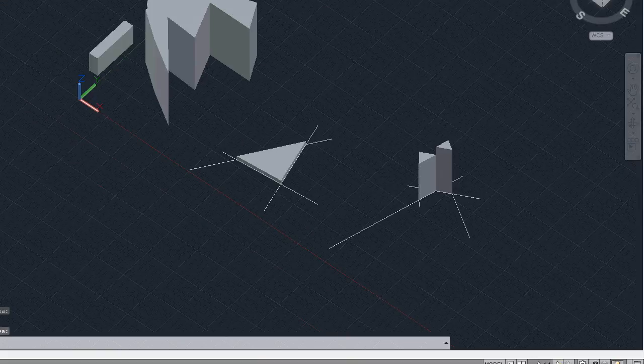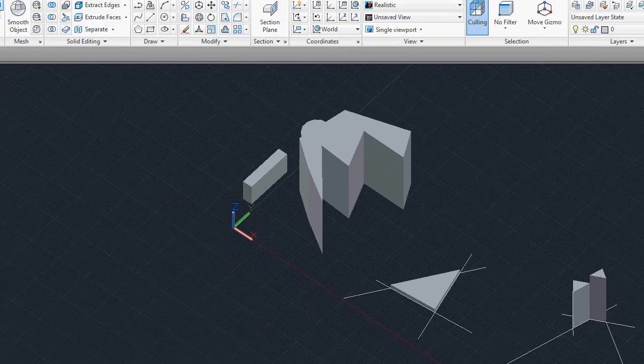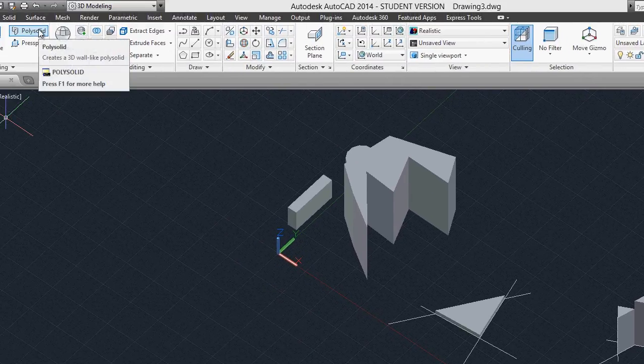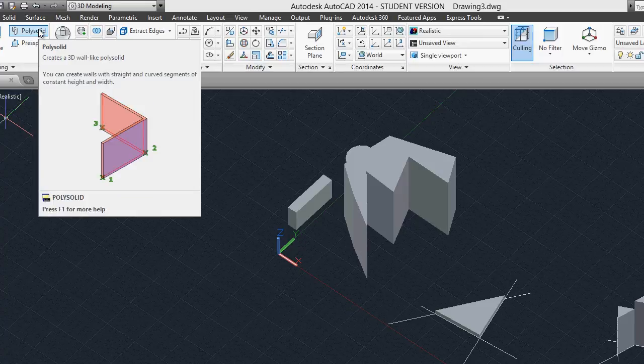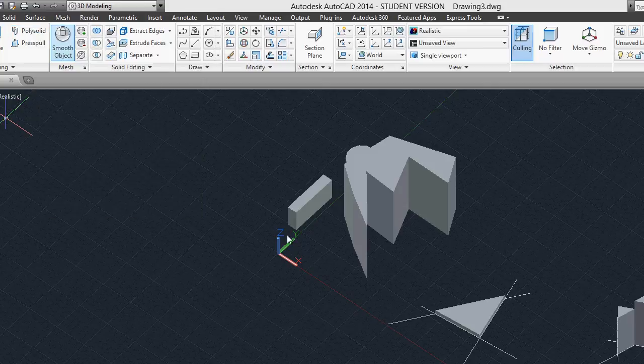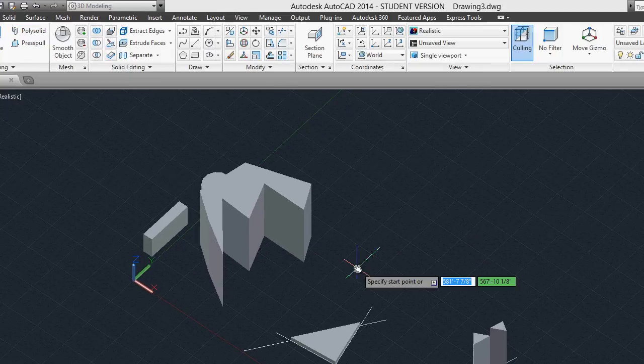Okay, and then one other tool before we move on is that I want to show you the polysolid. And the polysolid is a really great tool in that it basically creates walls for us. And not walls like smart walls that BIM might have, but walls as solids, solid objects in 3D. So if I click on this, what it's going to ask me to do is specify a start point. But what I want to do before we get into this is I want to specify the parameters